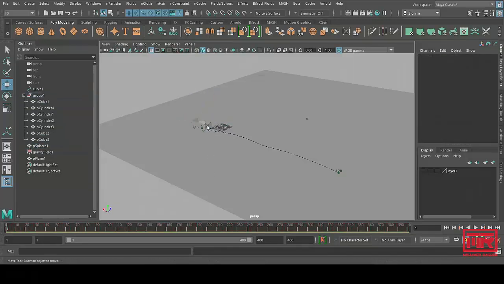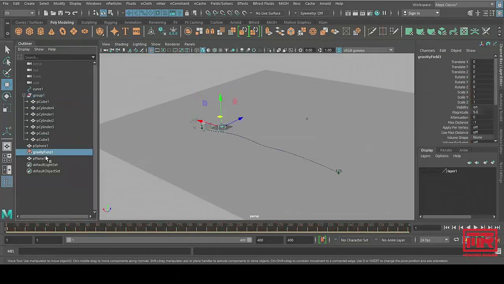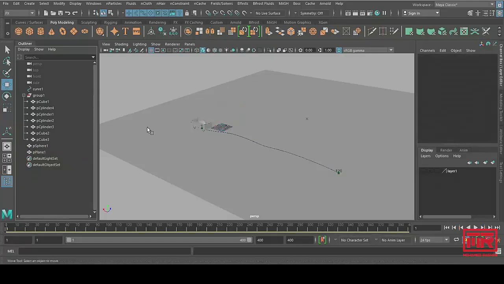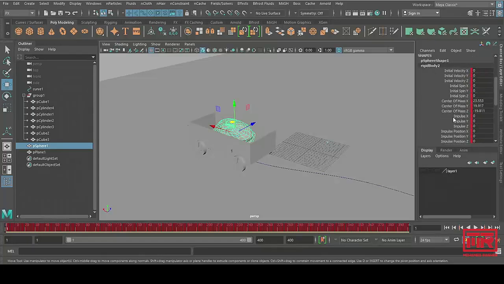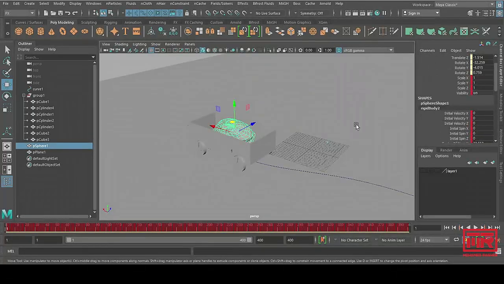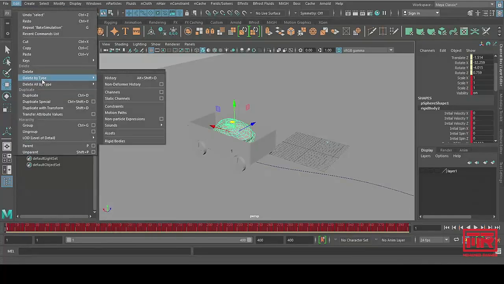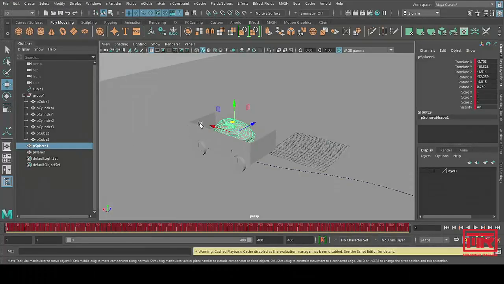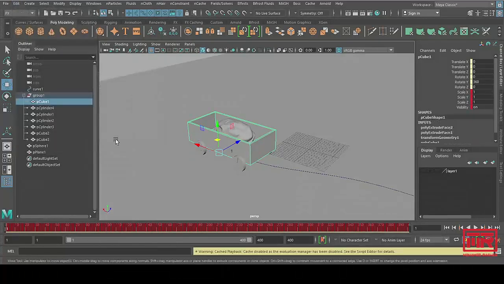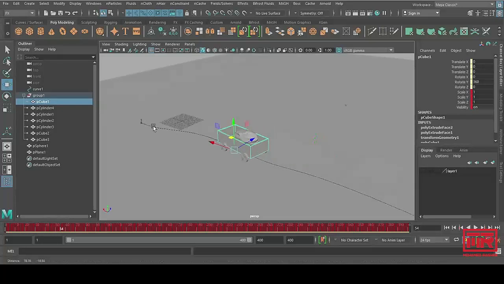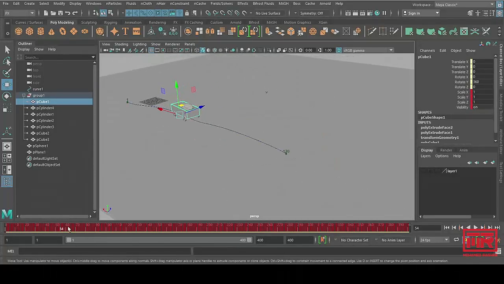So this is baked and this is baked, and now I don't need any rigid body node. All these rigid body nodes I don't need. So I will select it and go here and delete rigid bodies. Select it and delete rigid bodies, and everything will be the same. Everything will be fine and keyed. And even I can